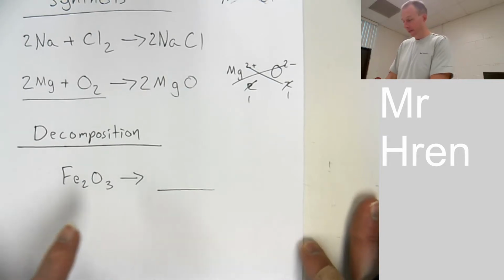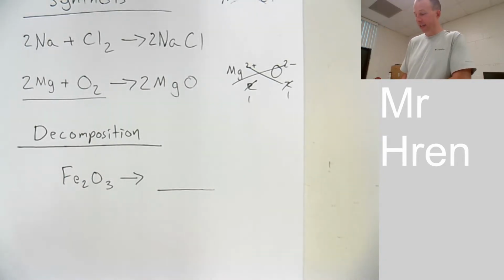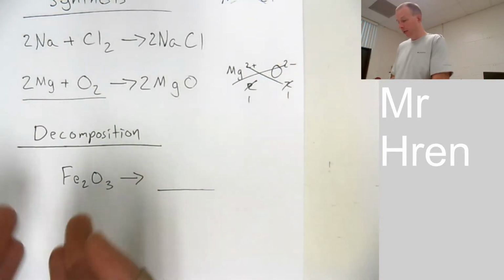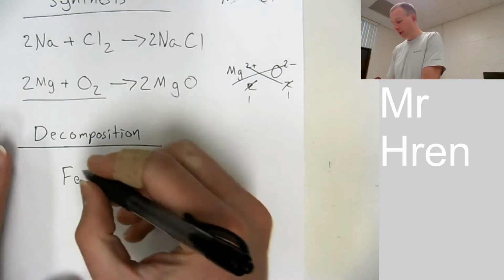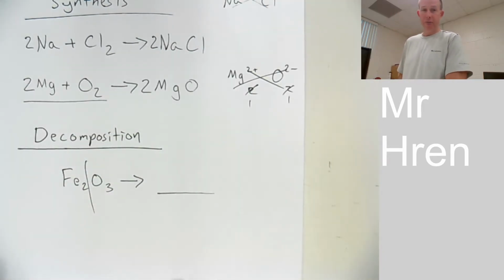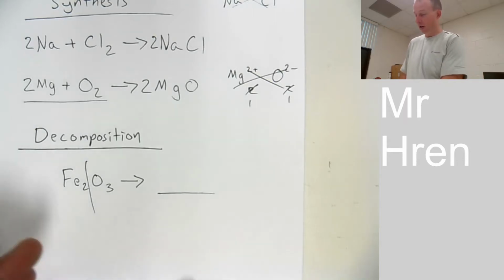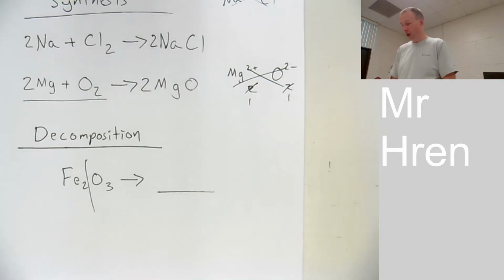So we're going to talk about decomposition here. Now, decomposition is just when you have reactants splitting apart. And the only way this can split apart is it can break that bond in the middle. There's nothing else that it can do. That's the only option you got. I mean, you could maybe potentially lose one oxygen or something, but